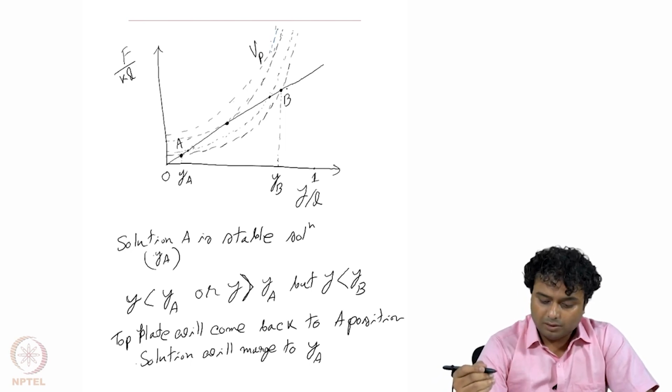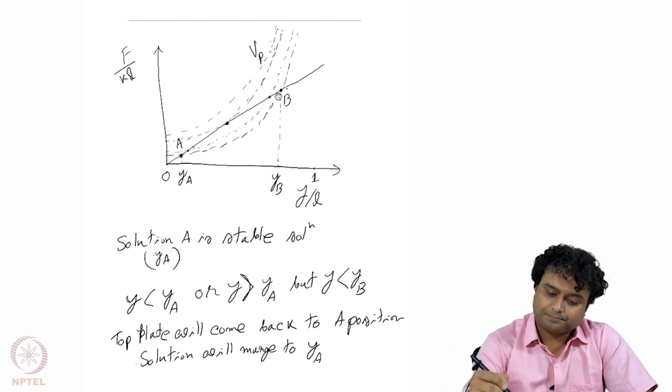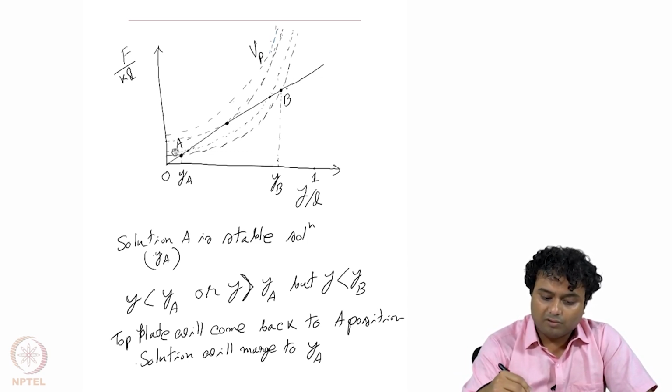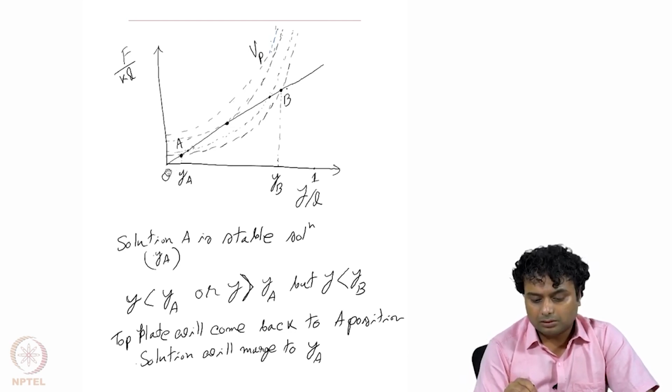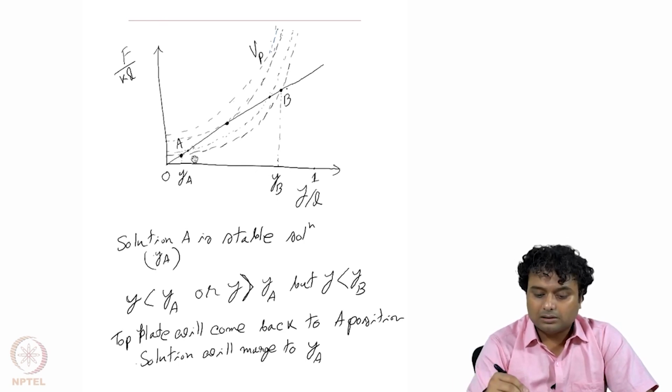qualitatively explain that as we are going from y equal to 0 towards y equals to d, the electrostatic force is increasing parabolically, whereas the elastic force or the mechanical force is increasing linearly. So there are multiple solutions, more than one solution, and here you can see that the electrostatic force is crossing the elastic force over 2 points, and